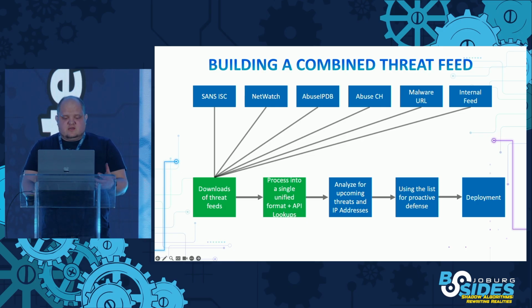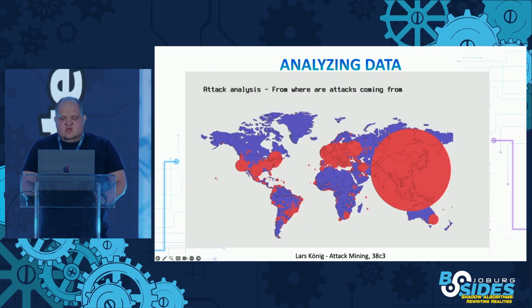So if we look at analyzing the data further, when you start plotting the locations of these attacks, I think, to nobody's surprise in this room, you generally see the Asia Pacific region, and it's not just Russia and China, right? It's also attacks coming out of cloud providers in Singapore and Japan as well. Singapore, for some reason, is a favorite location that's used to attack cloud infrastructure in Ireland and in other regions